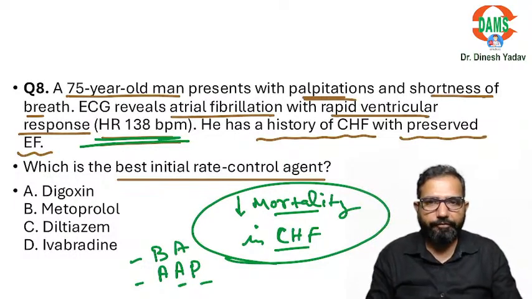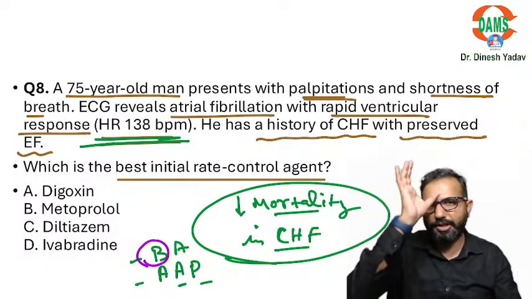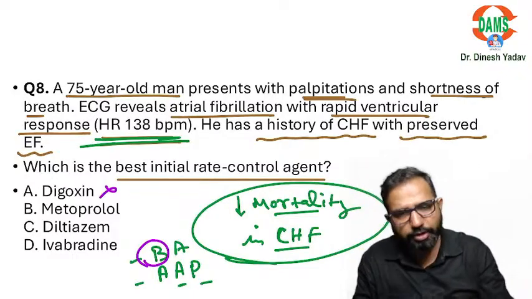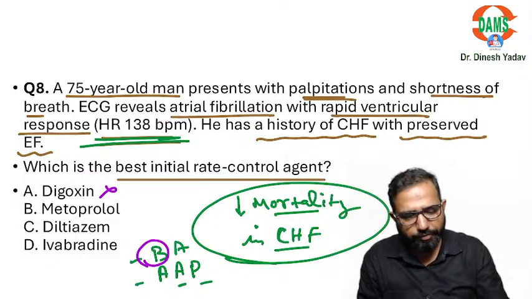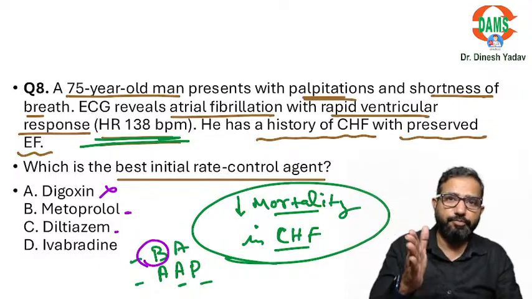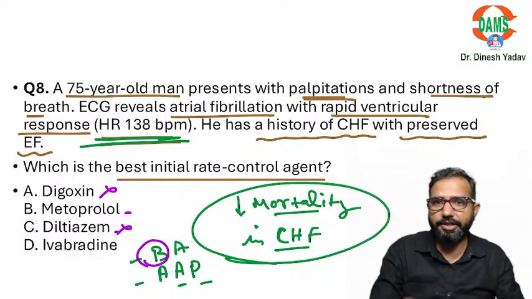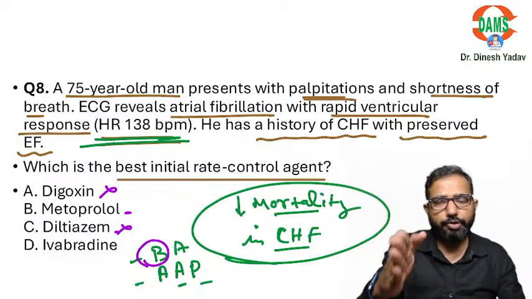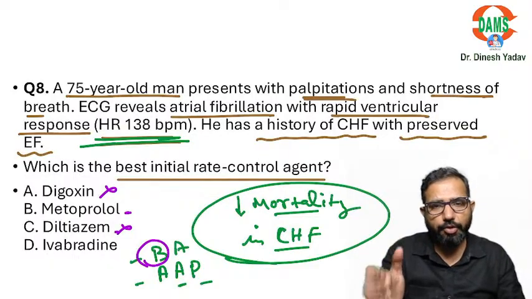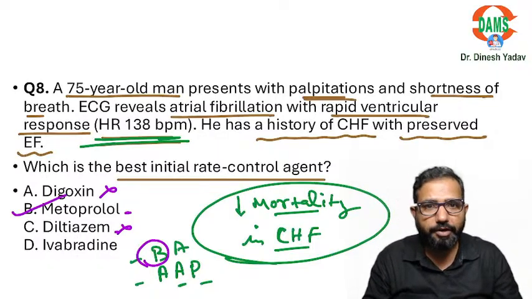Now the first drug out of these to control the heart rate is definitely beta blocker. In a CHF patient with preserved EF, why give digoxin? Digoxin is an inotrope, so in this patient there is no role of inotrope. So we use metoprolol, yes. Diltiazem? Why use diltiazem? Diltiazem is a calcium channel blocker. There is risk of reducing the EF with diltiazem. With metoprolol, this risk is not seen, because these are cardioselective beta blockers. They are very good drugs in CHF. If you start with a low dose, they maintain the EF. They don't reduce the EF. So in this patient, beta blocker is a wonderful drug.